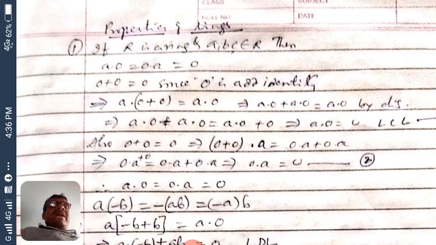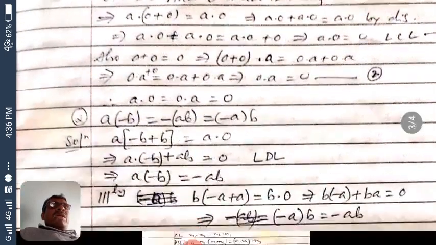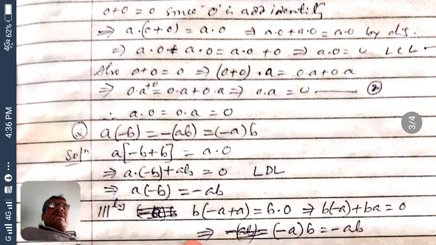Similarly, using the right distributive law, the same thing is proved. 0 plus 0 equals 0. Here, the element should be written on the right side of the LHS. That is (0 plus 0) into A is equal to 0 into A plus 0 into A. Again, we are using the distributive property as well as the right cancellation law. We get the result. This is the first property of a ring. Then the second property,